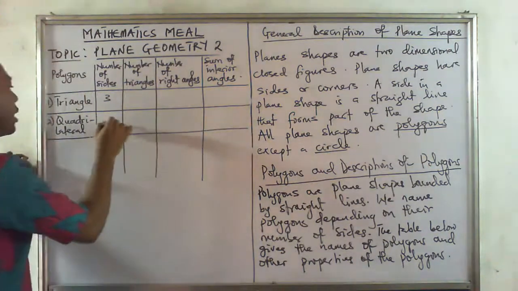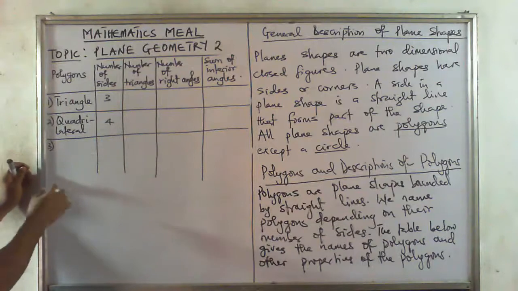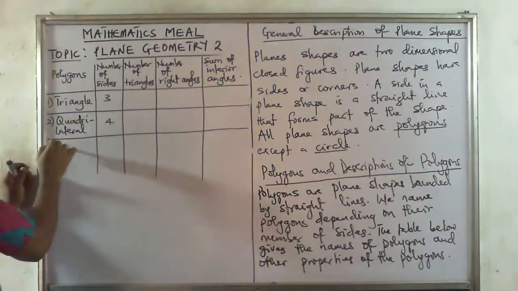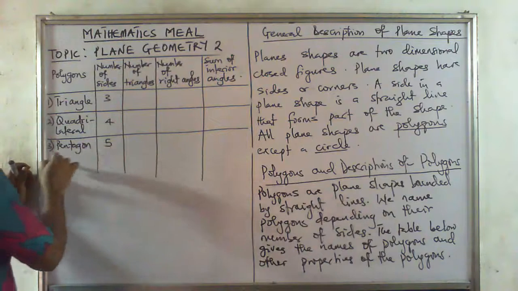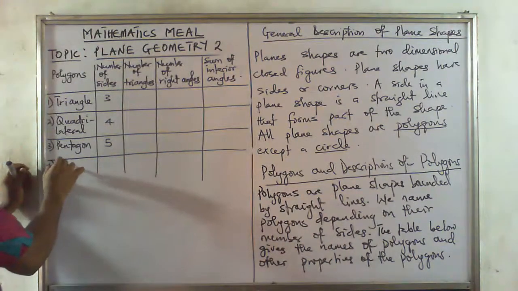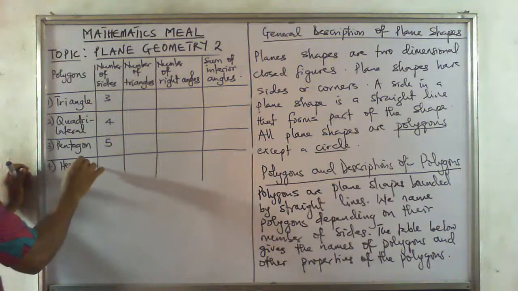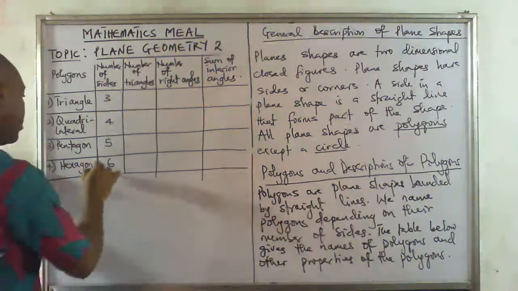The quadrilateral has 4 sides. We have another polygon we call a pentagon. The pentagon has 5 sides. We have another one we call a hexagon. It has 6 sides. We have another one